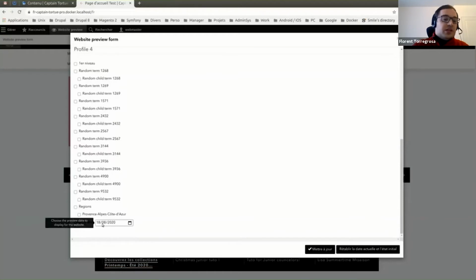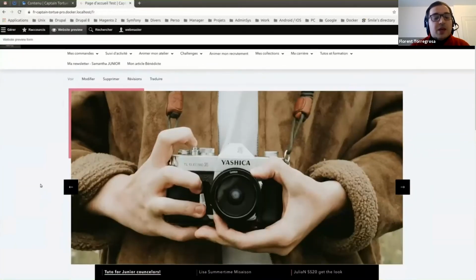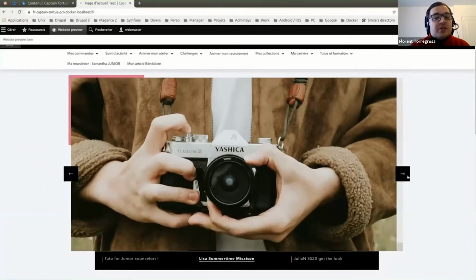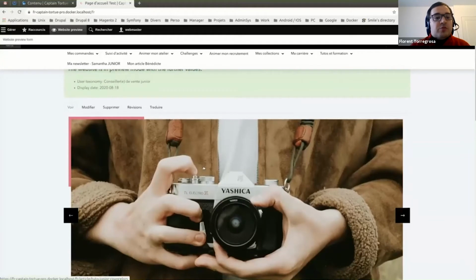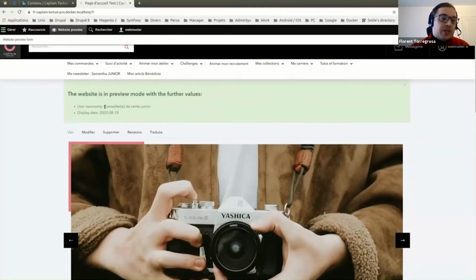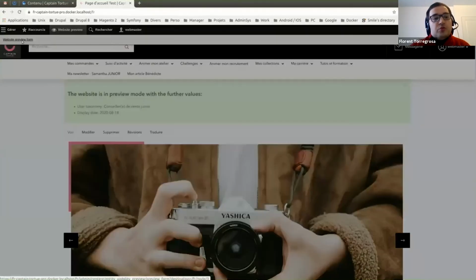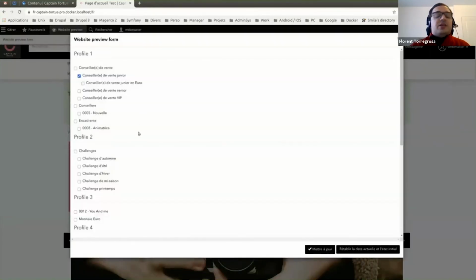And also you can select which date you want to preview your website on. When you are in a website mode, we will see that after, there is a message showing which taxonomy terms you have selected and at which date you selected your preview. And each